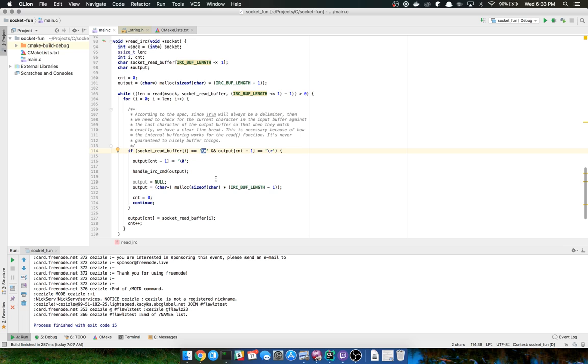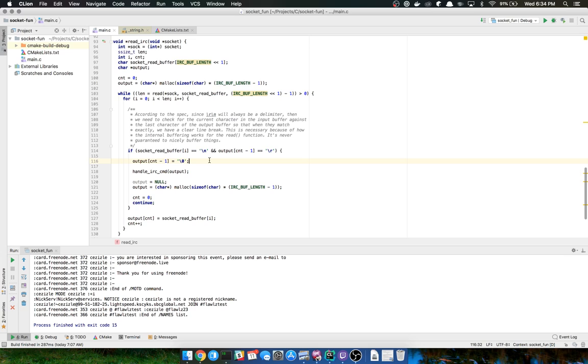So the problem is that I needed to read the current character of the buffer. In this case, it's going to be the \n, and then immediately afterwards, check my output buffer to make sure that the previous character is the \r. Once that condition is true, I'm going to set the last character of my output buffer, where the \r is at, to a null terminating character to end the string.